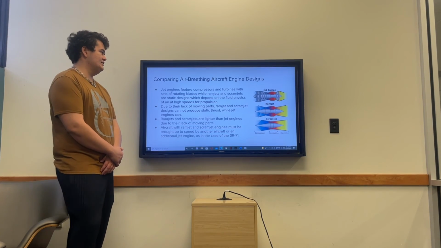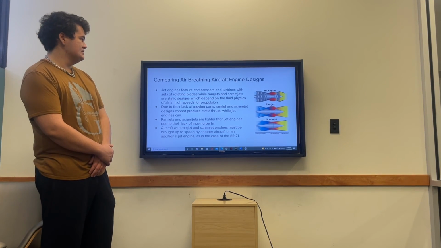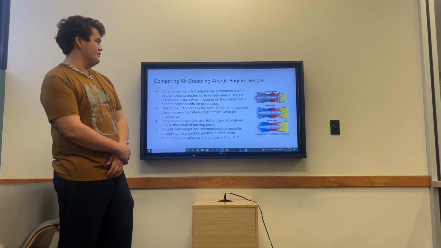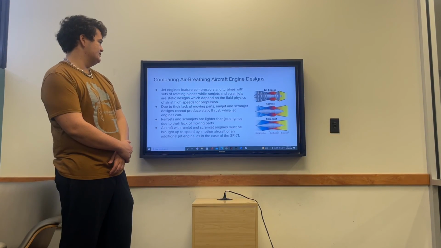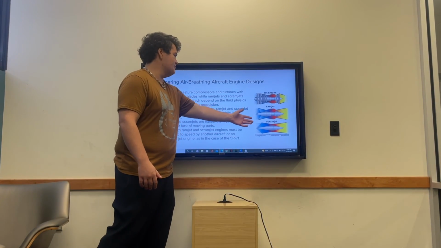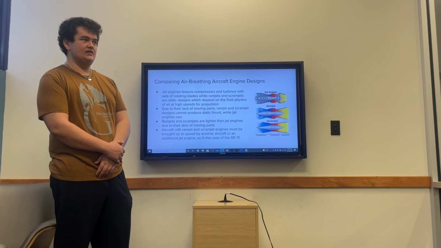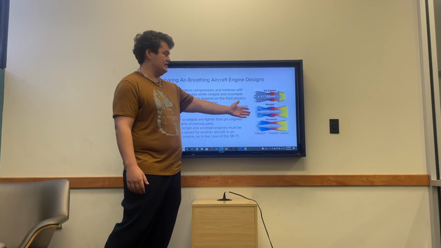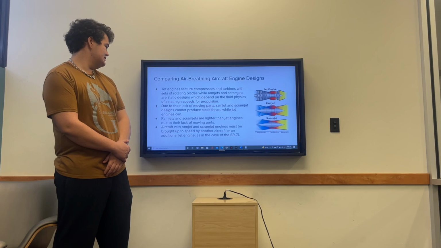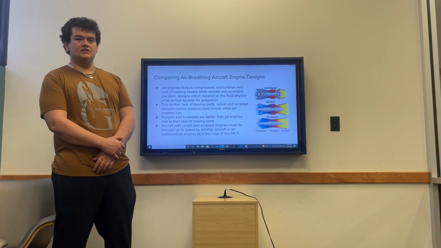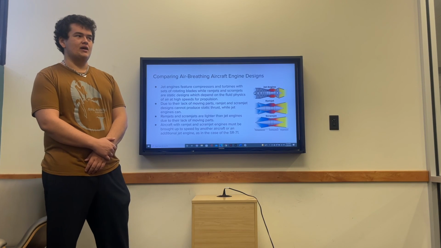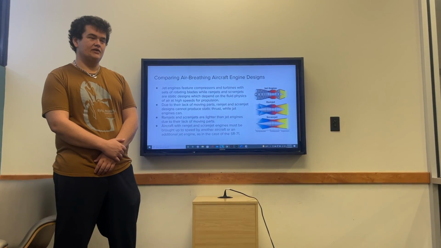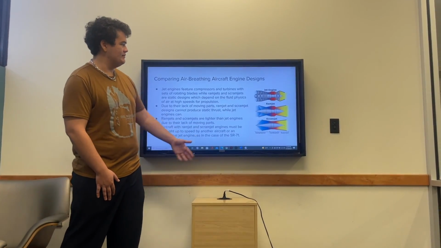Now I'm going to be comparing these air-breathing aircraft engine designs. So again, jet engines feature compressors and turbines with sets of moving fan blades, while ramjets and scramjets are totally static designs, no moving parts, and depend on the physics of air at high speeds to propel themselves forward. So because of the lack of moving parts, ramjets and scramjets end up being a lot lighter than jet engine designs. But ramjets and scramjets cannot create static thrust, so they need to be brought up to speed some other way. That can be dropped off from another aircraft, or in the case of the SR-71, it could be a ramjet engine with a